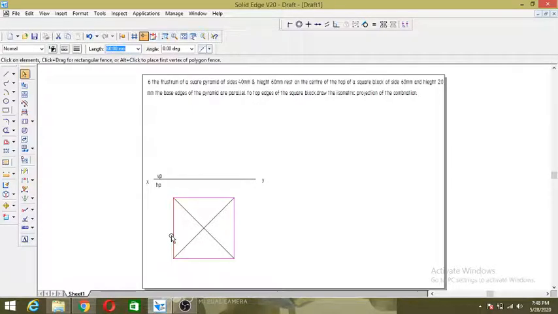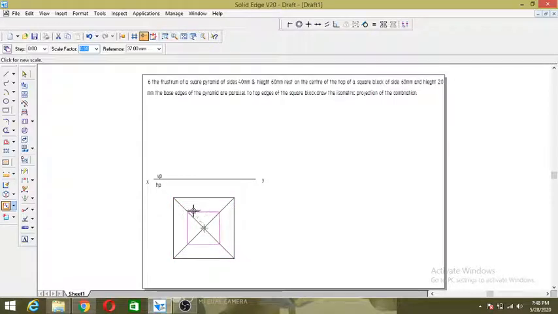Select this, go to scale. This is the center. What scale factor do we want? Initially I'm going to draw 40, and this is 60, so the scale factor is 40 divided by 60.